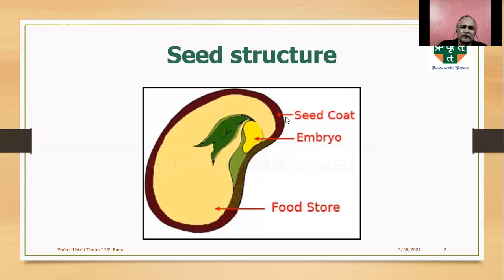All the seeds will have a seed coat, which is the hard covering of the seed. And within that covering, there will be a small embryo, the miniature plant, which actually germinates and grows into a full plant, whether it is a big tree or any small plant. That miniature embryo will be there, and depending on the size of the seed, the embryo size also will vary. And then this portion is there, which is the stored food, because initially when the seed